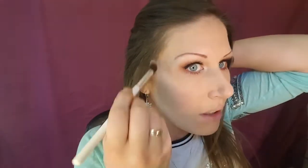I forgot my highlighting brush, so I think I'm just going to take this fluffy brush. I take a very little bit and do just a tiny, tiny bit on my forehead. Just so it gives that illusion of being dewy, but not being dewy. Oh yes, girl. She is high lit. And I'm going to take my Sephora Rouge in